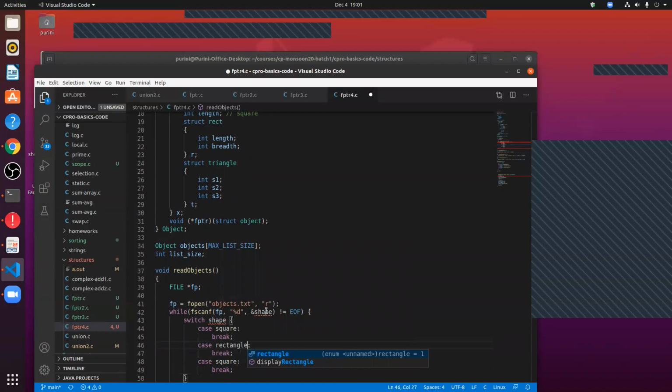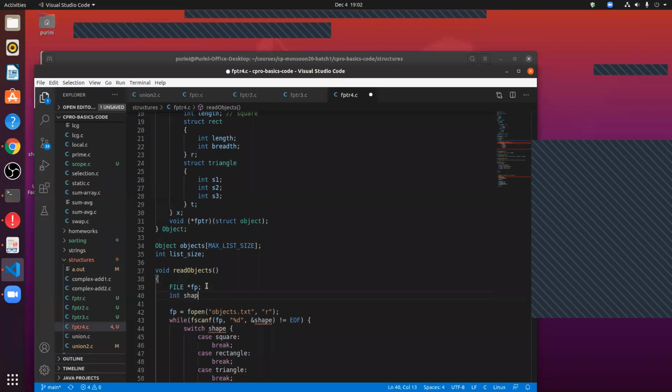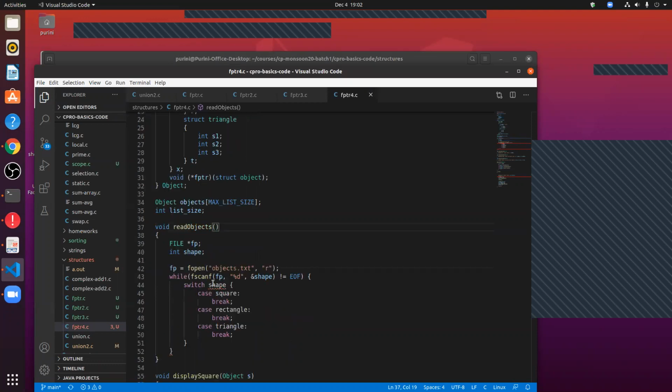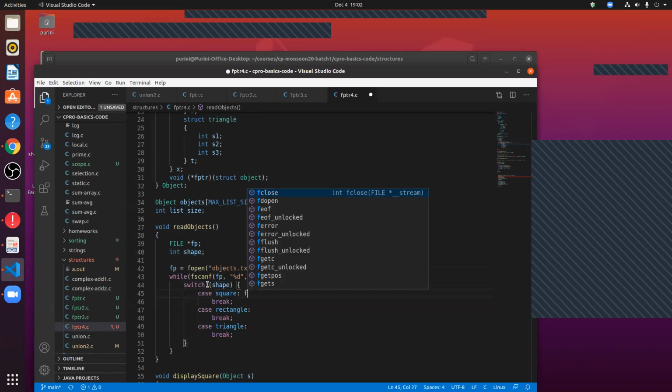Can someone create a test file for me? Rectangle, square, rectangle, and what is the third shape that we have? Triangle. And int shape. Yeah, parenthesis around shape. Great. So if it is square, then what we will do is